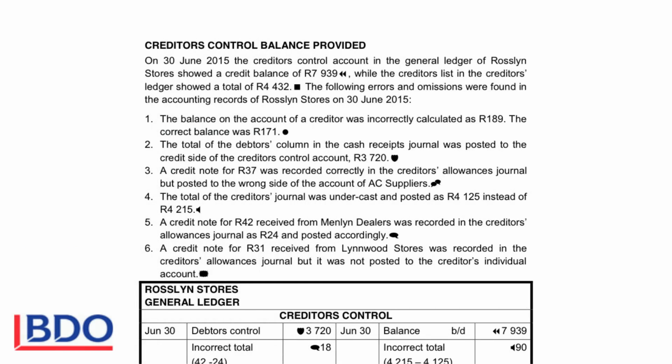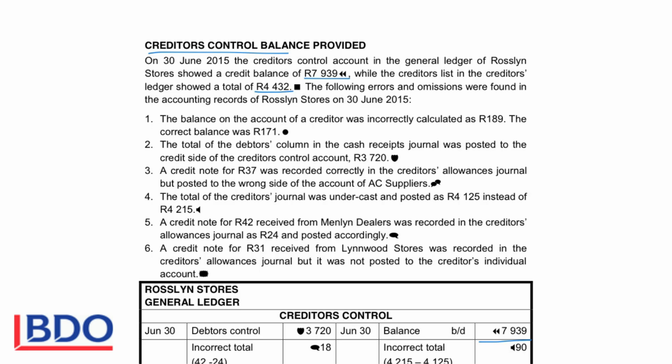We will pay attention to the reconciliation of the creditors control account with the creditors list when the balance in the creditors control account is provided. That means they don't give us the individual entries that were recorded in the creditors control account during the month. They only give us the balance in the control account at the end of the month. Then they say that the total of the list is 4432. So if we compare those two figures, we can see immediately that there's a mistake or omissions, and we will